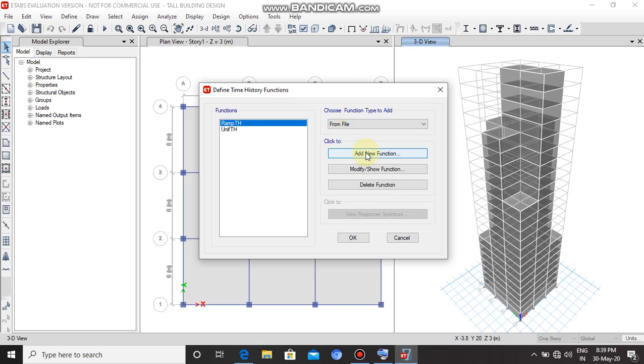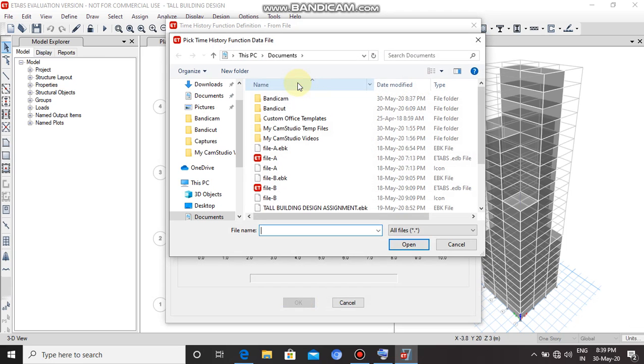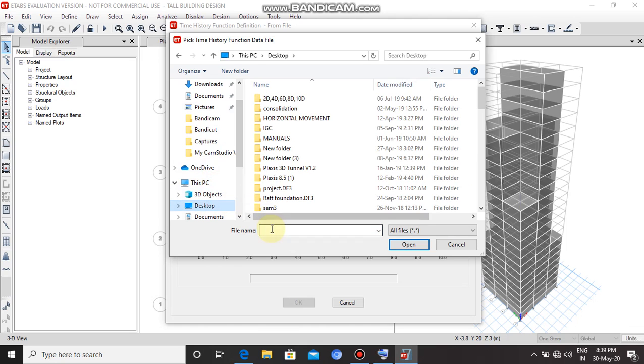Then click on Add New Function. Here, first of all, we have to click on this Browse button. Then click on Open.